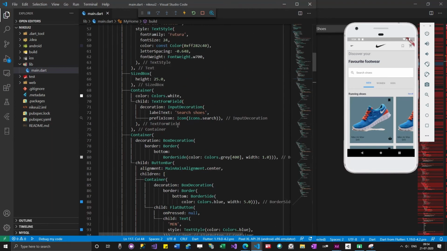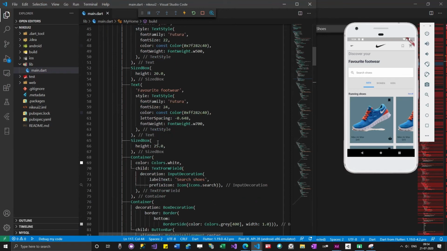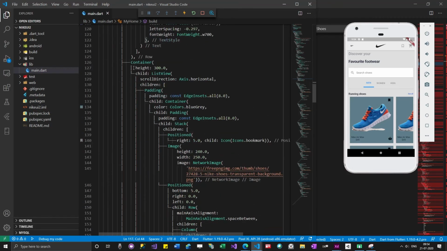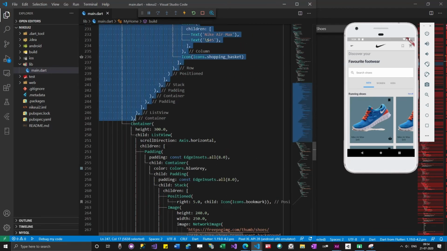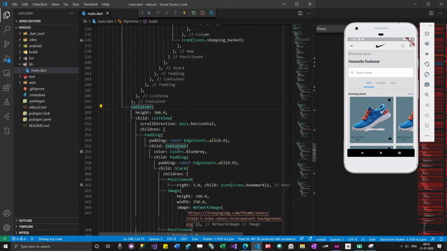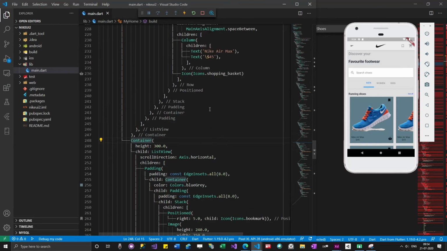So now what I'm going to do is I'll copy the container with list view once again and then copy below. Let me change the color of this background also.